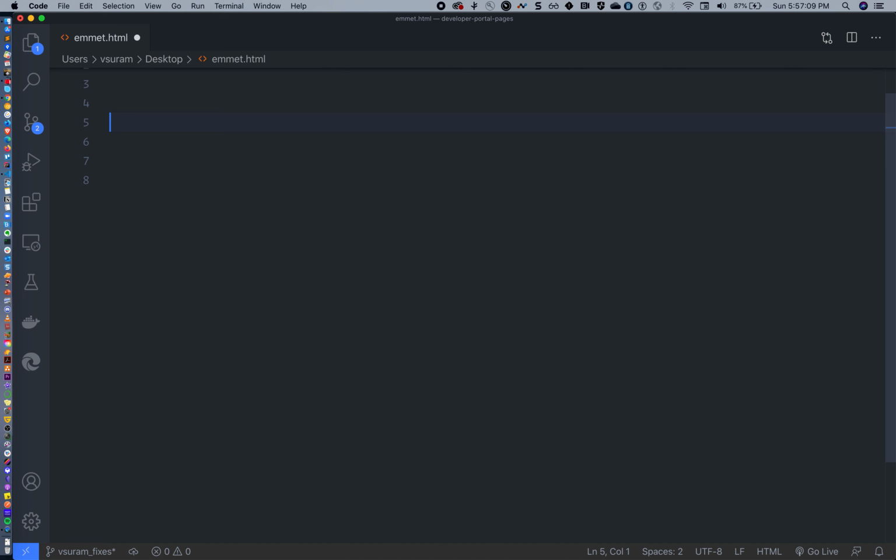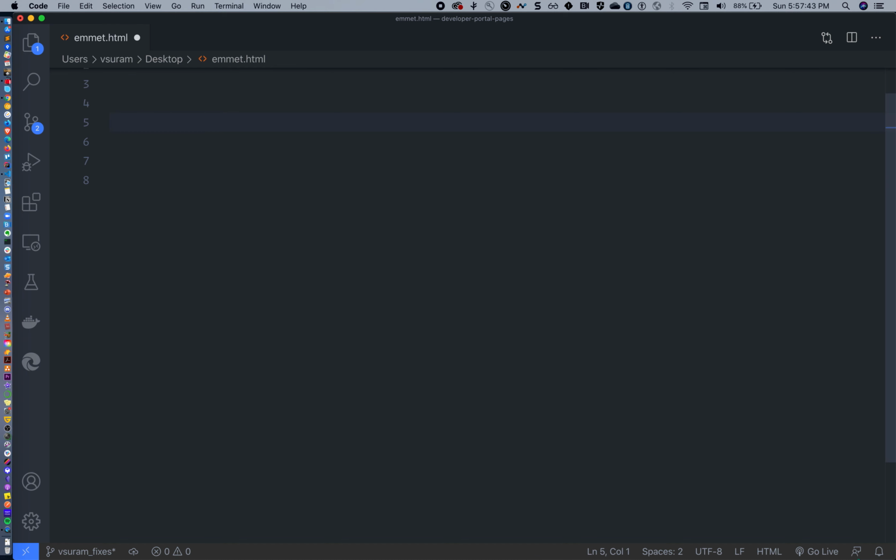Okay, the second shortcut which I want to explain is how we generate multiple elements. For example, I want a p element, but I want 5 p elements. What I do is p star 5. When I hit tab, as you can see, it is showing a preview of what will happen. So I can just hit tab, and I see 5 p elements populated here. So this is how we can use Emmet shortcut to generate multiple same elements. This is the second one.